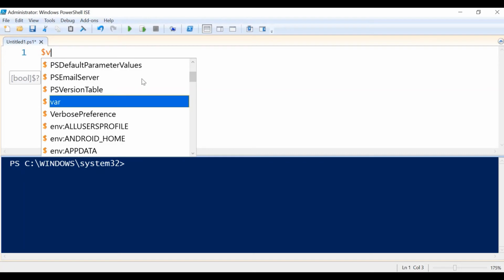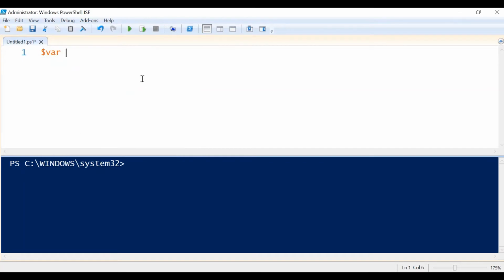So I'll show you an example of how you can use if and else if conditions. Here I'm declaring one variable and assigning it the value 20.